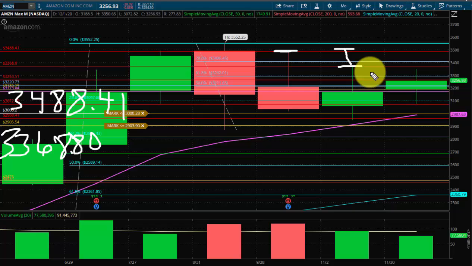Doesn't look like much. It doesn't, right? But look at the actual numbers here. This is the beauty of the larger time frames. What Amazon's telling us is that there is 120 points of upside here if it can break, which is substantial. Okay, so Amazon, I'll be looking for that within the next couple of weeks.